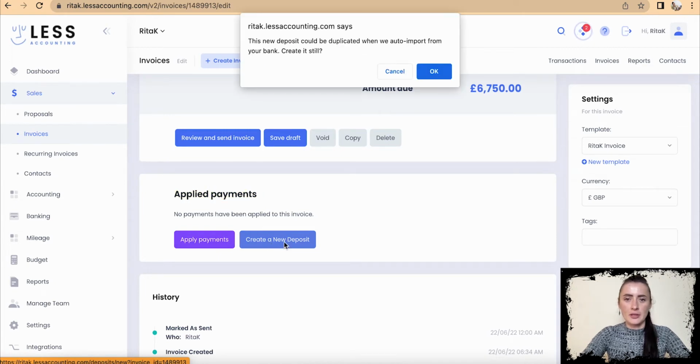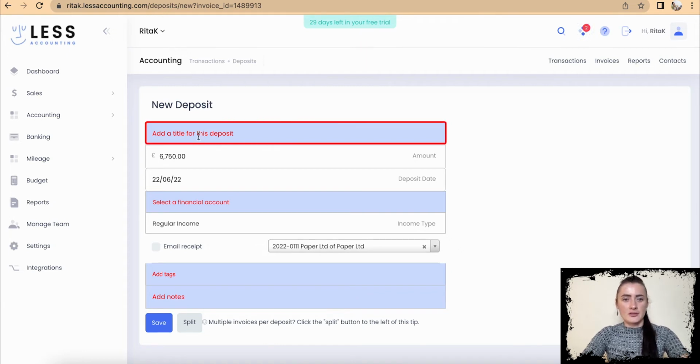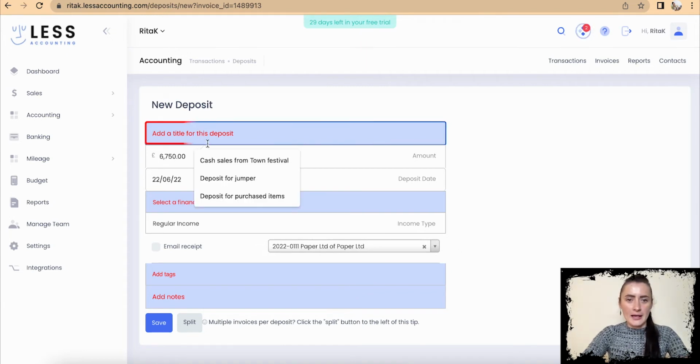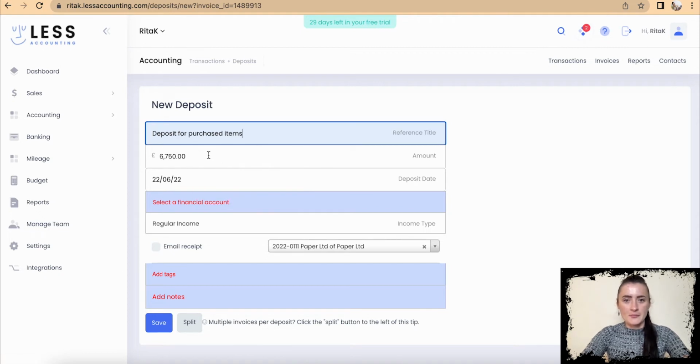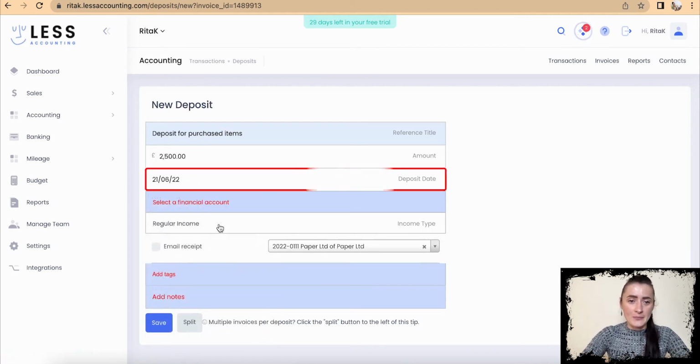So if I create a new deposit, there is a warning message. Read it through, and then we are presented with a deposit card which we need to fill in. So we need to add the title of this deposit. For example, I have deposit for purchased items. And amount, this is the total amount of an invoice, but this customer has actually paid 1,500 yesterday,